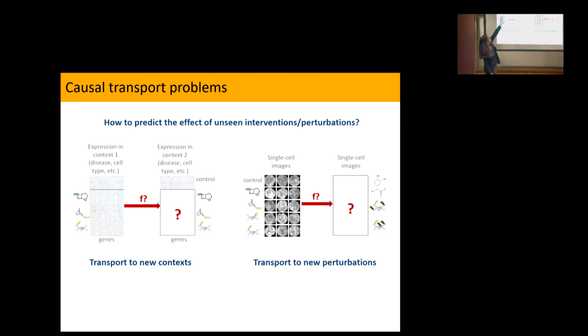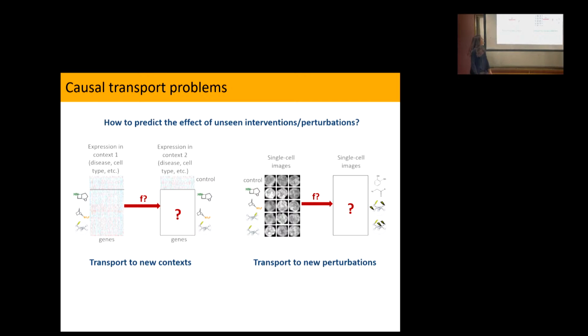And so now say you have this huge drug screen or this genetic screen performed in one context. The context can be, I have it performed on skin cells, and I would like to then know what happens for the same perturbations on a neuron, for example. Or there are large-scale data sets in the cancer setting. They have done a whole lot of drug screens and genetic perturbations on different types of cancer cells. Now comes a new disease like COVID-19. Can you, without redoing the whole drug screen and the whole genetic screen, tell me what happens when I apply the same drug in that setting? Okay, so that's a context switch.